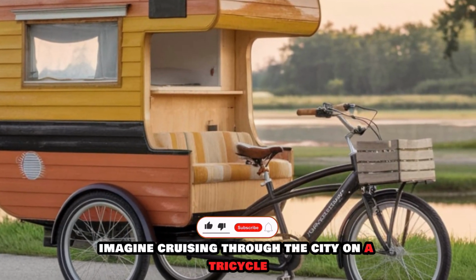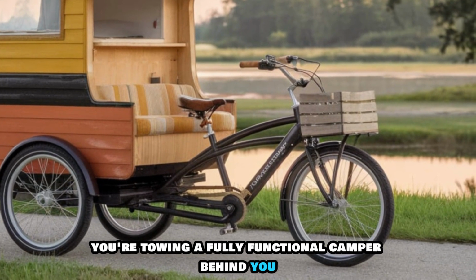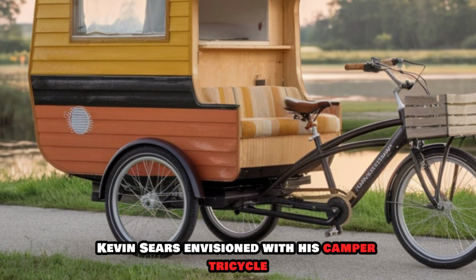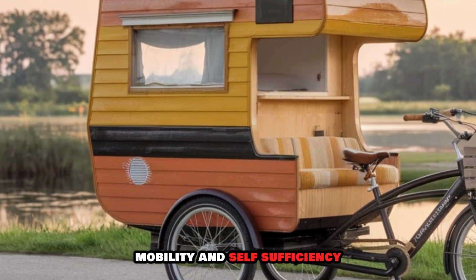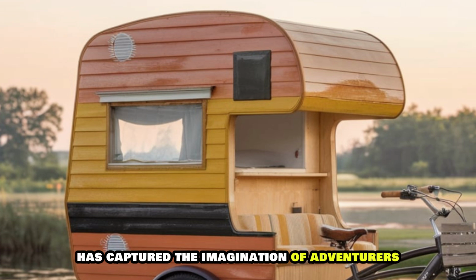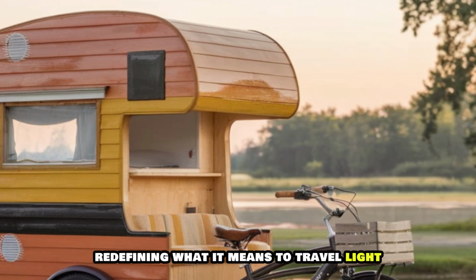Imagine cruising through the city on a tricycle, but instead of just pedaling around, you're towing a fully functional camper behind you. That's exactly what artist Kevin Sear envisioned with his camper tricycle, a fascinating blend of art, mobility, and self-sufficiency. This unique creation has captured the imagination of adventurers, artists, and tiny home enthusiasts alike, redefining what it means